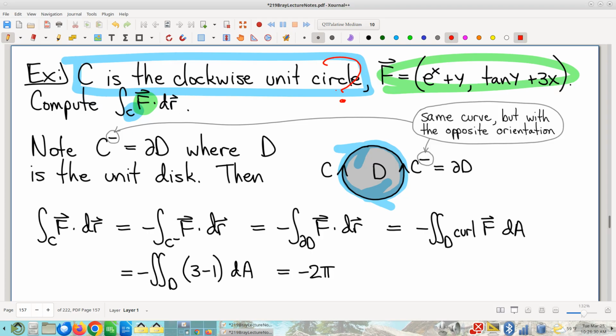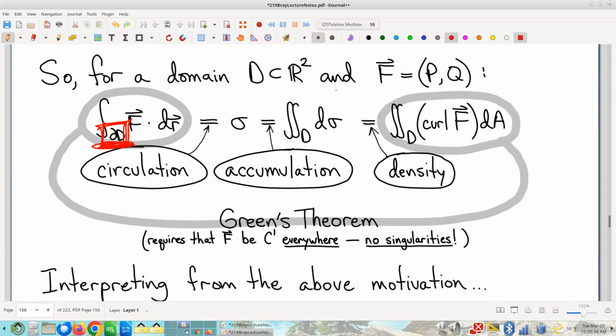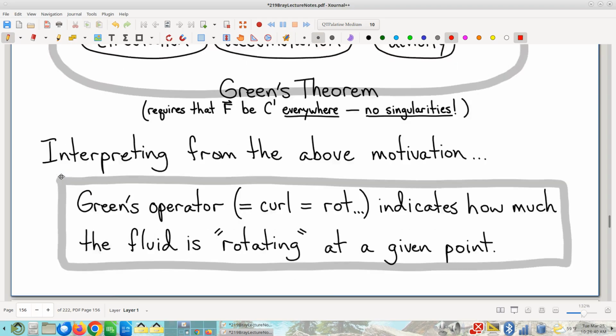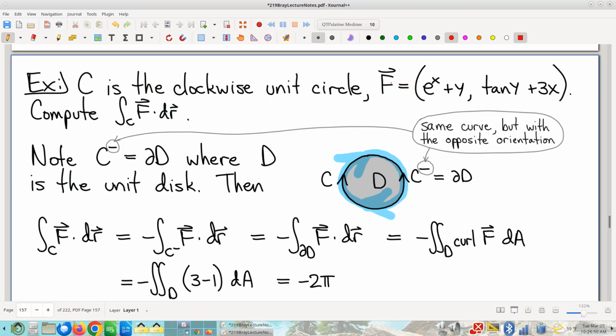Okay, so sadly, we cannot apply Green's theorem yet. This Green's theorem only applies to boundaries, orientation in mind. This isn't. Okay, so here's the workaround. Now, that's where the landmine is. Now you know not to step on the landmine. Let me show you how to bypass the landmine.